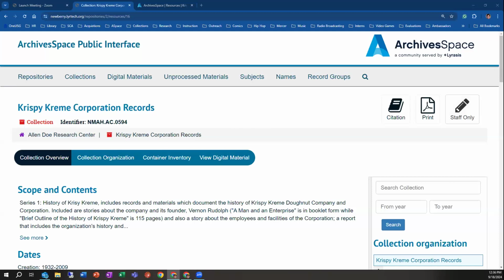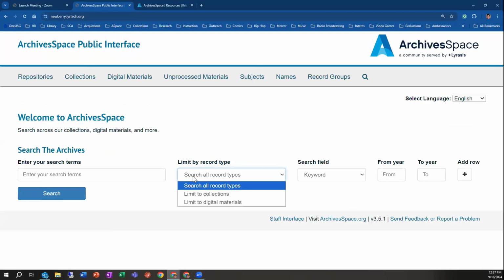So the public interface search is searching all records from all repositories associated with that ArchiveSpace instance. So if you have multiple repositories and you've published records from the different repositories, it's searching through all of them. So when you're searching in the public interface, and you have the option to limit records, like say we want Krispy Kreme, but we only want digital records associated with it, you click the drop down and click limit to